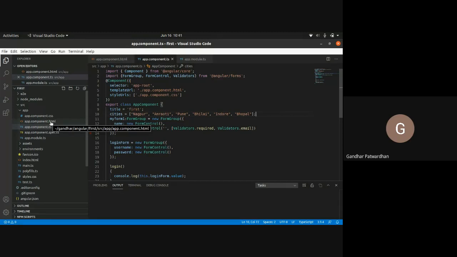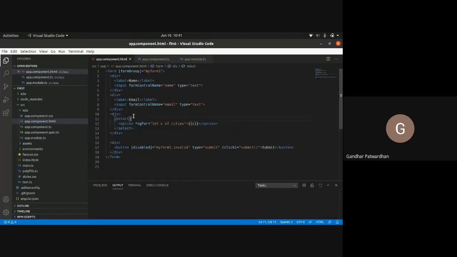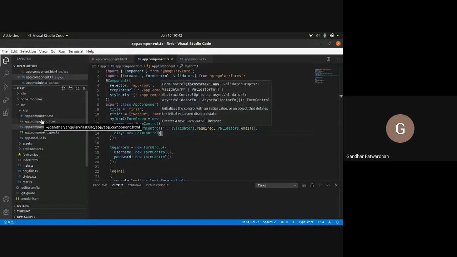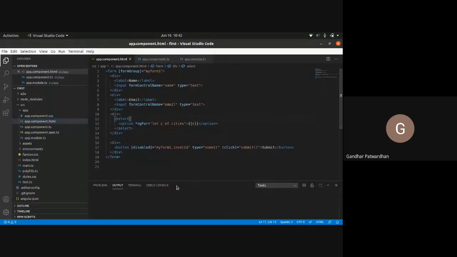Okay, right. So that is pretty easy. Now let us learn how to bind this in our form. Now in my form, I'll have a data member, sorry, a form control, I'll call it city, and I'll use form control here. And to bind this, we need to use form control name. So in my HTML, in my select tag, I'll say form control name equals to city, and I'll save it. I'll say control S.